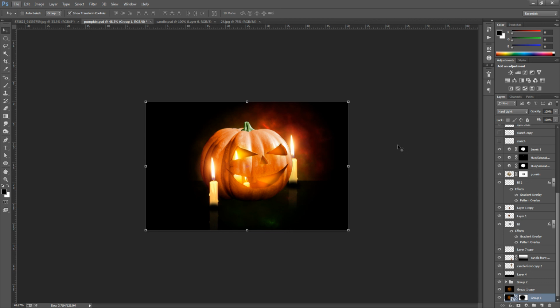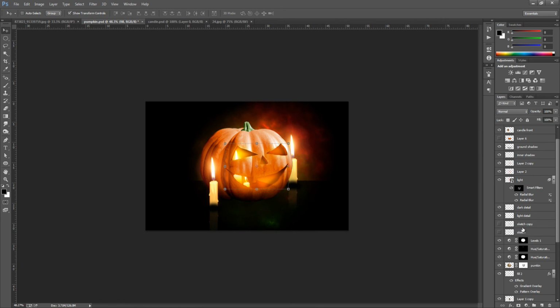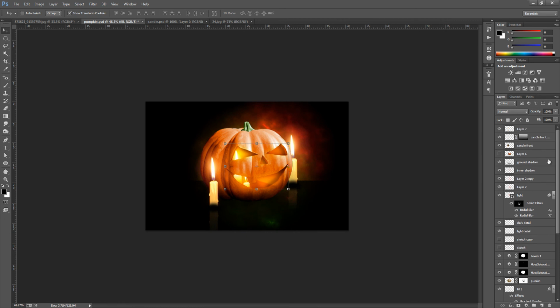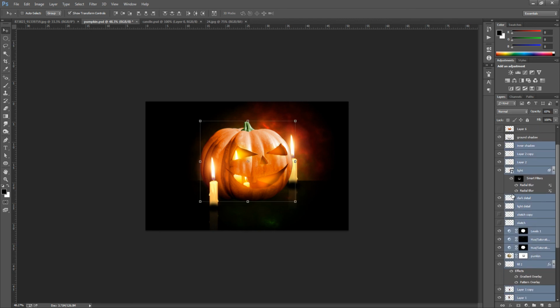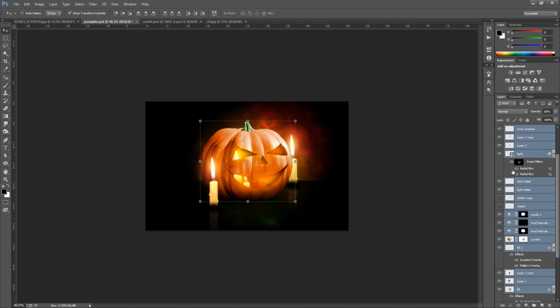So we need to go and make the pumpkin a bit reflective now. So what we're going to go and do is we're going to go up to where it says fill, and we're going to go and duplicate all the way up to where it says round about inner shadow. So hold down shift on your keyboard and then click inner shadow, and we have all of the pumpkin layers selected. So what we're going to do is we're going to press Control and G or Command and G to group them,